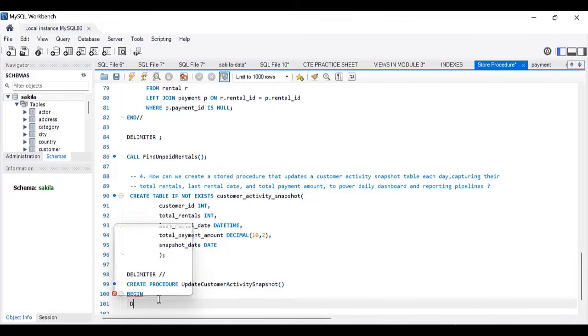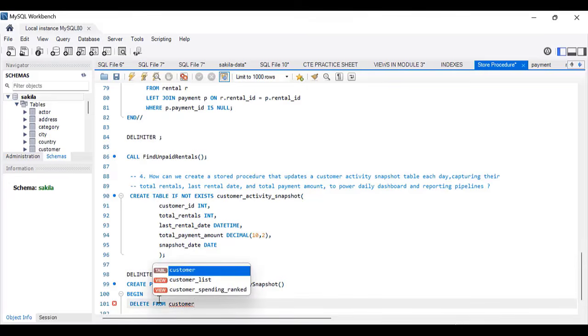That means delete from customer_activity_snapshot